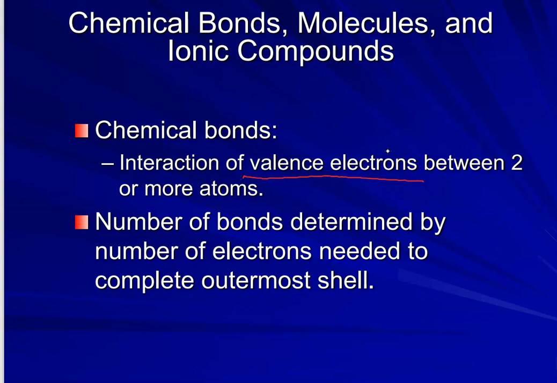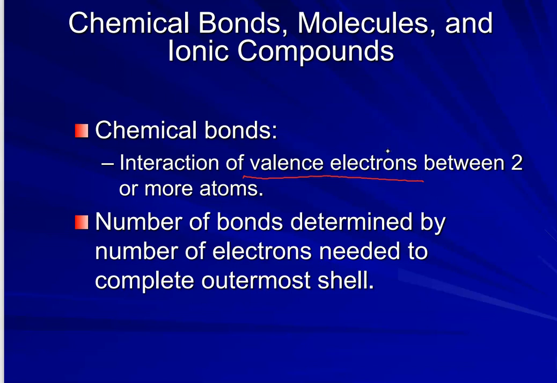And the number of bonds is determined by the number of electrons needed to complete an outermost shell. Picture that every atom is happiest when it has a completed outer shell. And so there are two ways to do that. You can either see if you can find extra electrons to fill up your outer shell, or sort of steal